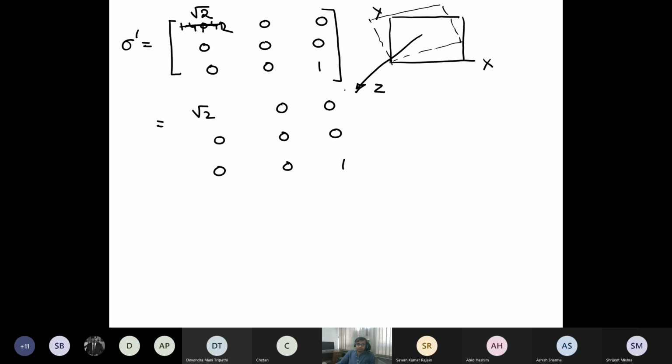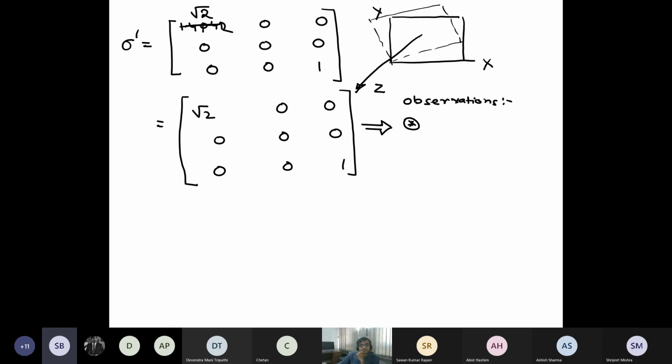So now this is a very special case. You will not find this kind of matrix representation of stress in a generic form. So can you tell me or give me your observations on this one? There are few observations I can see. What you can observe here, I would like to hear from you. So please, tell me. What is the first observation that you can look into here?